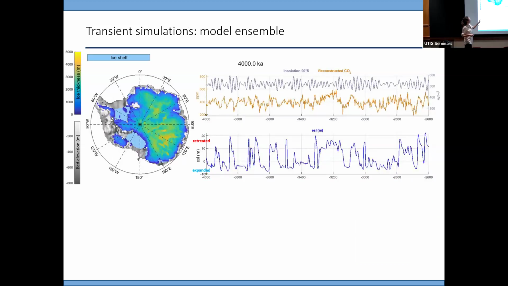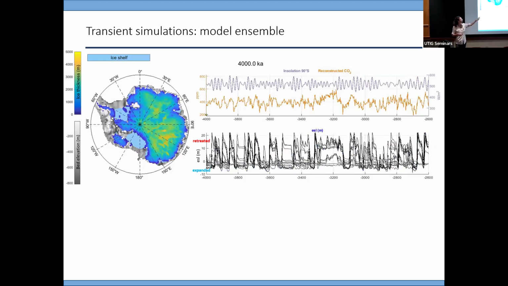Okay, so in this movie, I showed you one model simulation, that's the blue line. For this work, I produced a whole set of simulations. Those are all of these black lines. So each line is one model run through time. And you can see there's a lot of variation, right? Some models have these big sea level spikes and some don't change as much. And so I produced this variation by changing 3 main parameters.